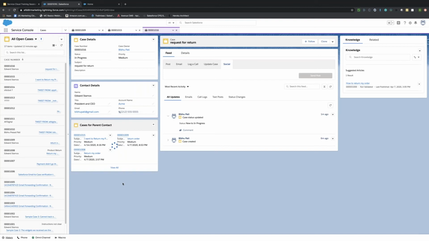What is knowledge in this context? Let's say you have a few new agents and a few very well-trained agents. How do you make sure that the quick and efficient way experienced agents solve a case can also be followed by your newer agents? How do you enable them to do this? Apart from learning the platform, of course, there is a nice feature in Salesforce, which is